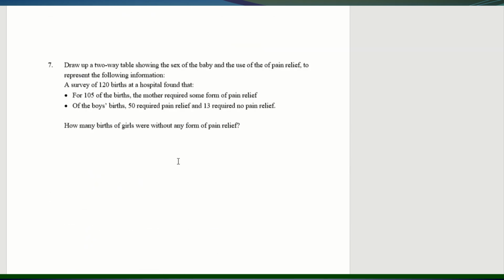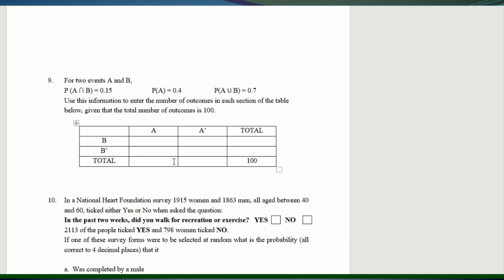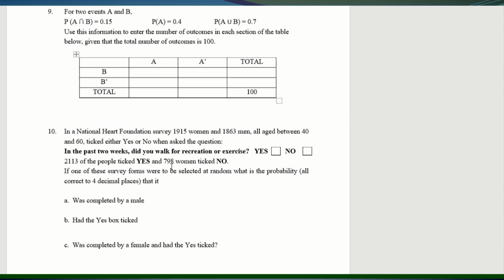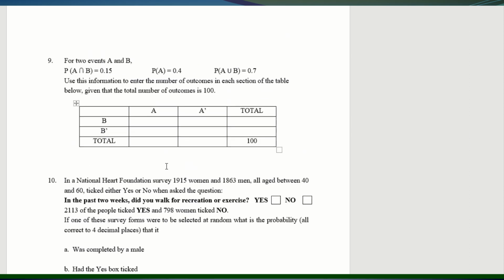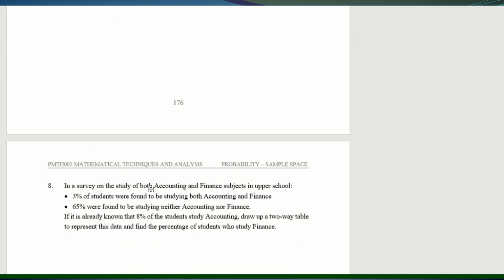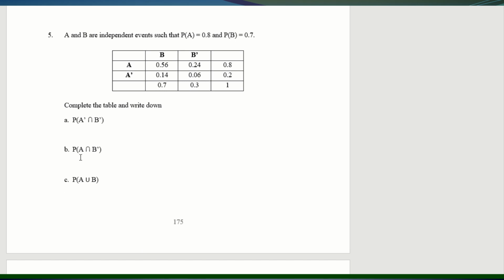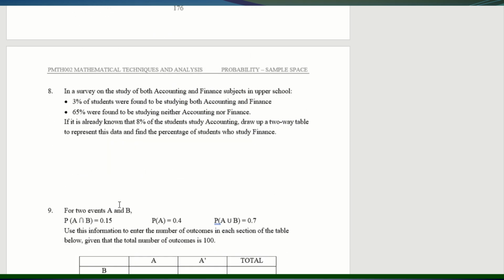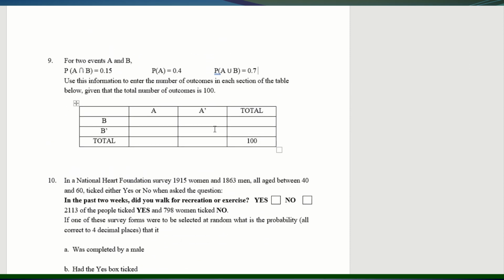So I will leave you to do questions 6, 7, 8, 9 and 10 on your own. It shouldn't be a problem, okay? Like here, they have given you A union B, right? So in other words, basically you pretty much know A intersection B prime, what should it be? If A union B is this,